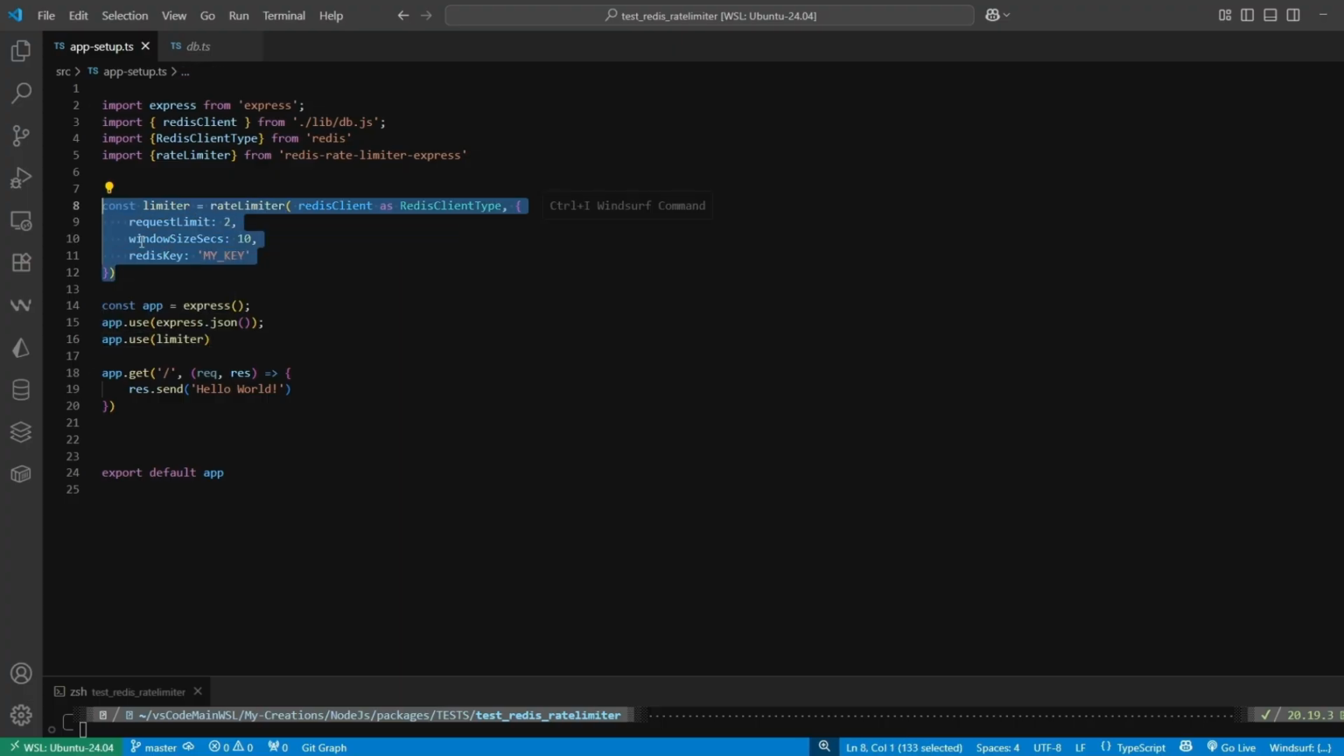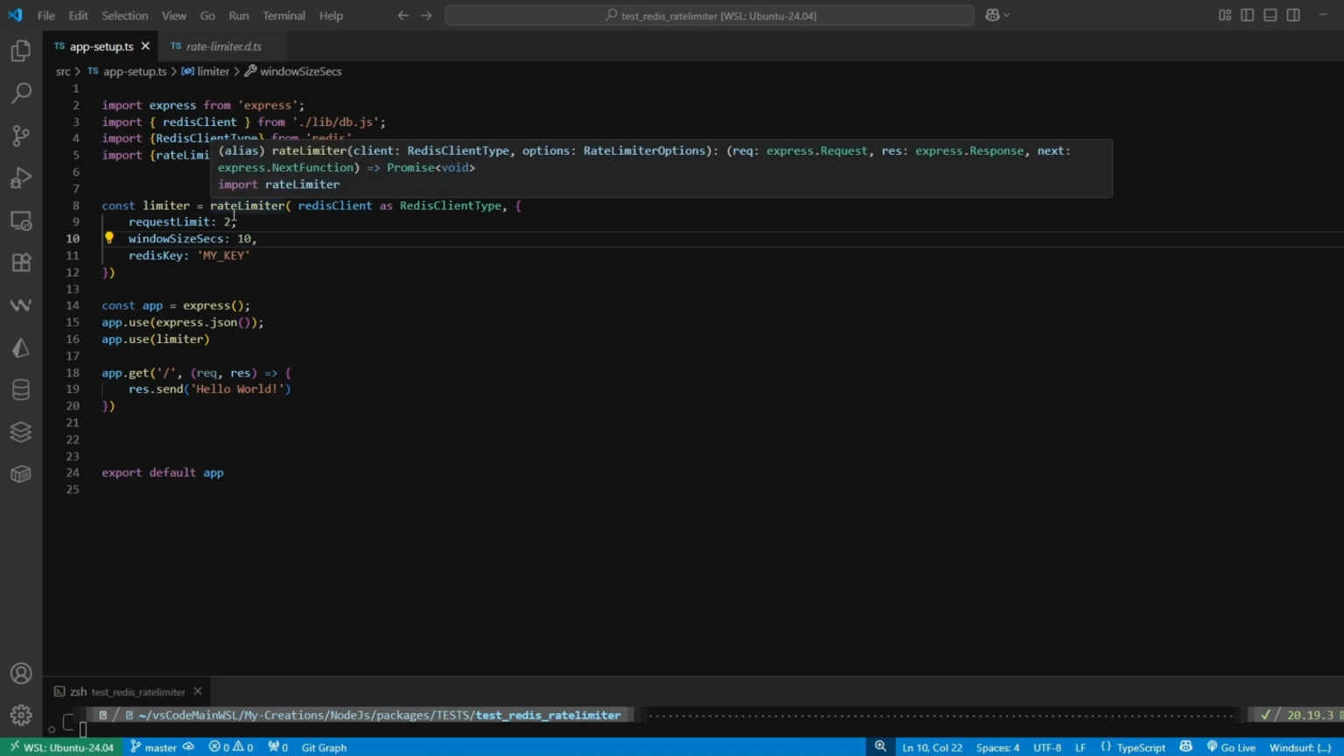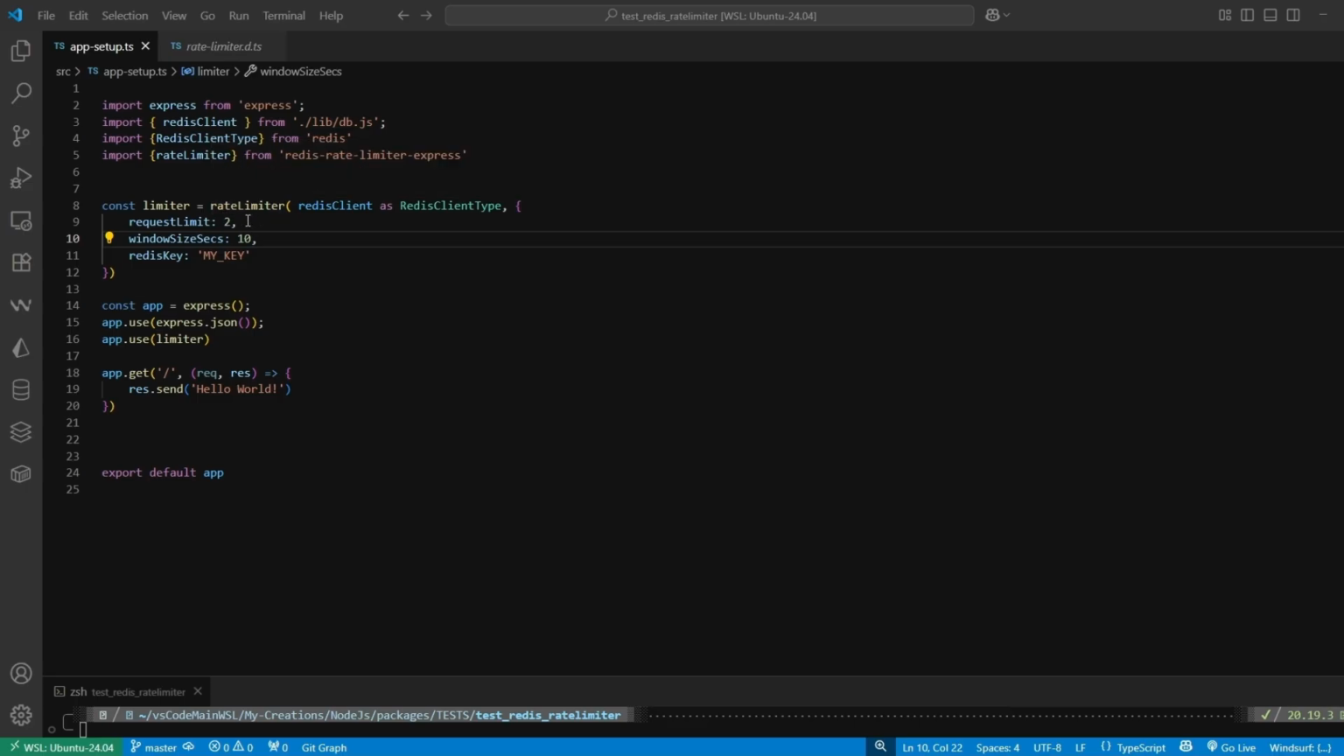Now, let's see what this configuration means real quick. When you specify the request limit, you're telling the rate limiter up to how many requests the client can make in a window size. In this case, we also specify the window size in seconds. So here we're basically telling the rate limiter that the client can only make 2 requests in 10 seconds. If the client makes more than 2 requests in 10 seconds, they'll get a 429 status code, which means too